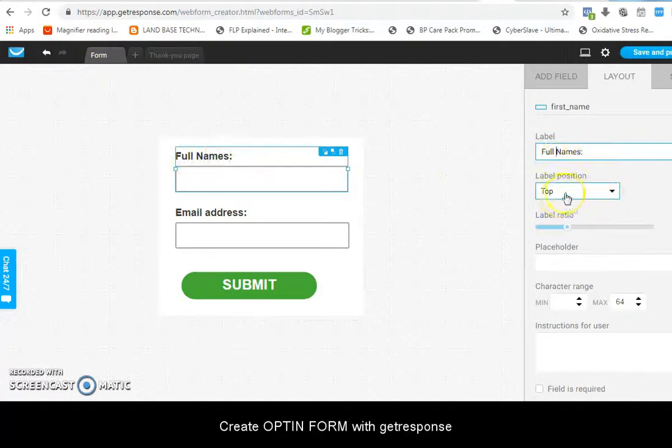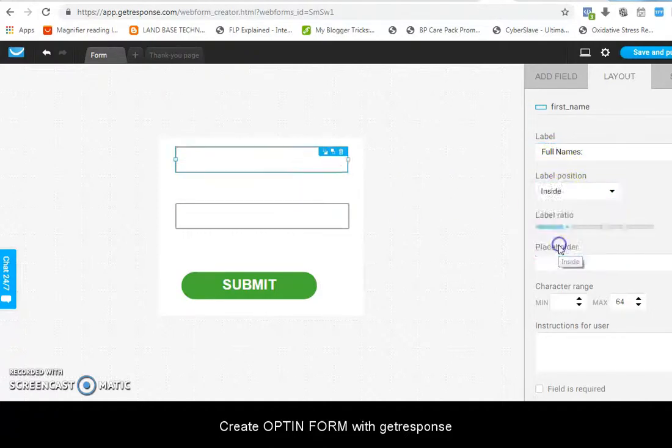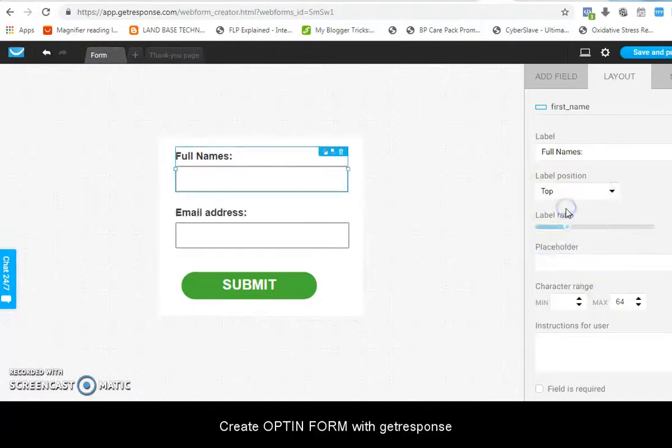And then if I want it inside here, it's on the top, as you can see. If I say inside, but I want it to be at the top, so that's just it. And then placeholder, I can say if I want something to appear here, say enter your name here. Can you see? Name. Yeah. So that is placeholder.